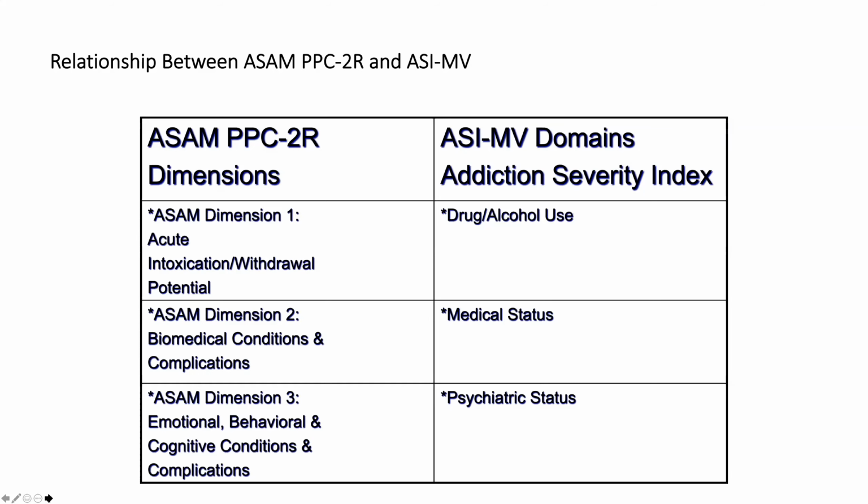And ASAM dimension 3 has to do with what y'all are involved with a lot, the emotional, behavioral, cognitive complication, the psychiatric status. So I want y'all to know that when you look at the criteria, they will have various types of dimensions based on 1, 2, and 3. Now, I'm not expecting you in your cases to tell me what those dimensions are. I just want you to tell me what level of care this particular patient needs to go to, okay? And what may be some of the management issues or treatment plan issues this person needs to address.